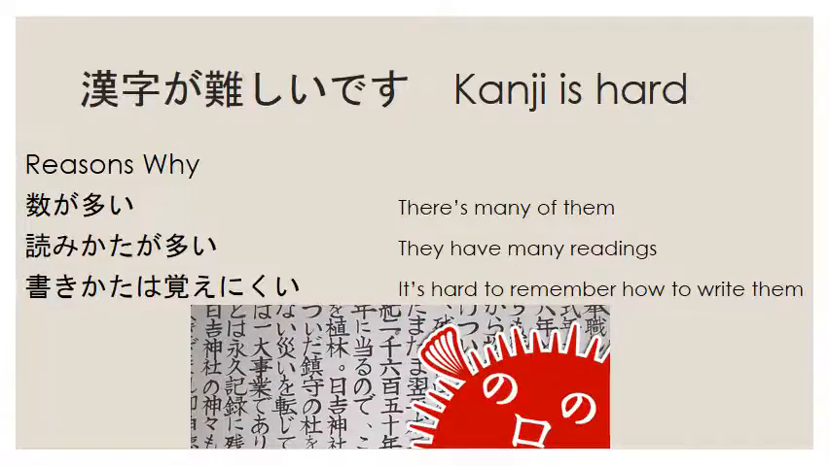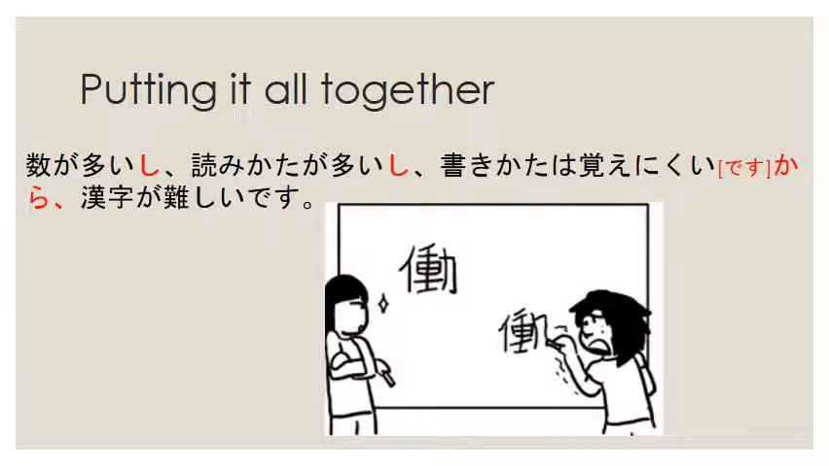はい。まずは、let's have a statement. 漢字が難しいです。So I want to list reasons why to back up my claim that 漢字 is difficult. 数が多い。読み方が多い。書き方は覚えにくい。So I have my three reasons right there. Now, in order to begin listing them, all I have to do is add し。数が多いし、読み方が多いし、書き方は覚えにくいです。And then I can put it